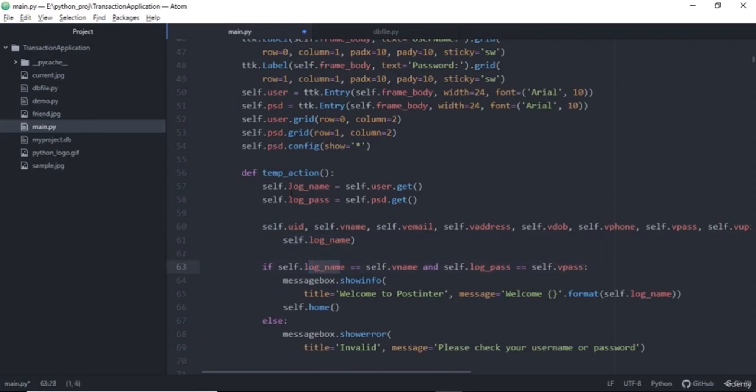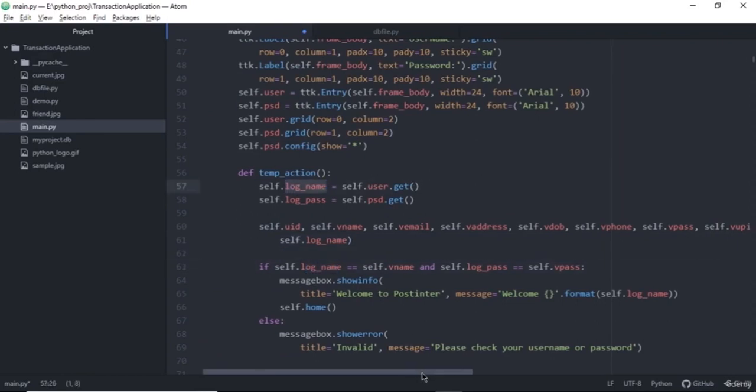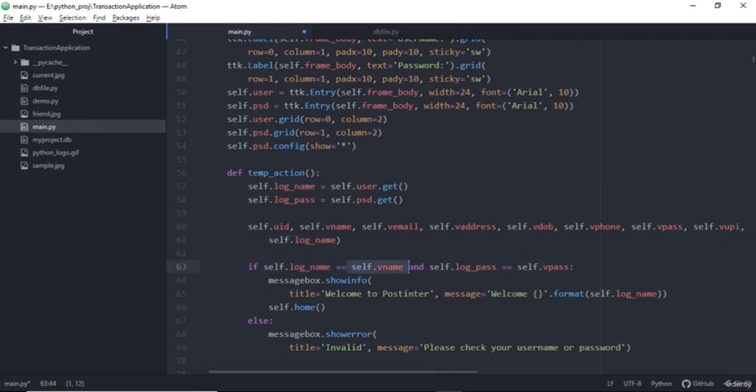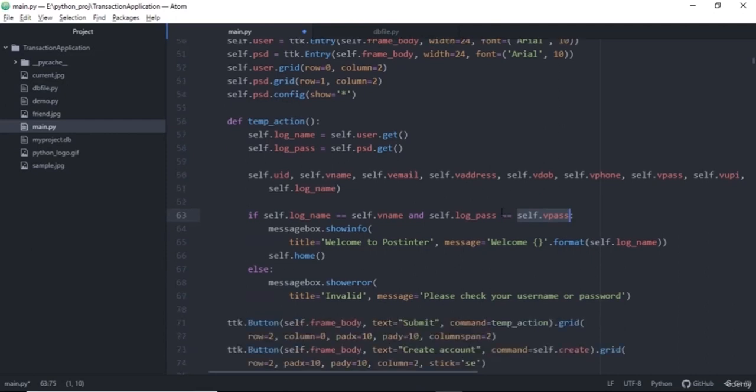So now after that, I have the user name as well. self.logname is what the user entered, and I'm checking if it's the self.vname, which is just the database name, which I have not differentiated. So it's the value name from the database, and I'm also checking the log password. The user just entered a password, and this is the database password, which is the correct password. So if it is the correct user, it matches the name and the password, and then I'm going to use the